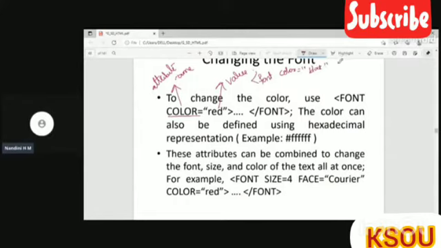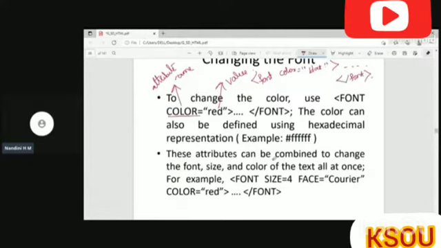And then write the text, close the font tag. We have different types of color representation, whether it is RGB format, hexadecimal format, or a character format. We have different representations that we will discuss later in today's session.